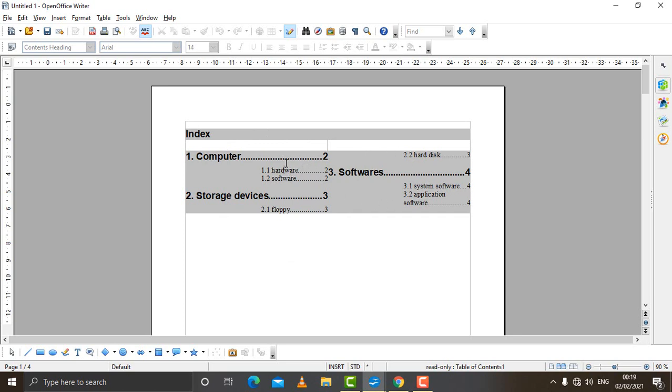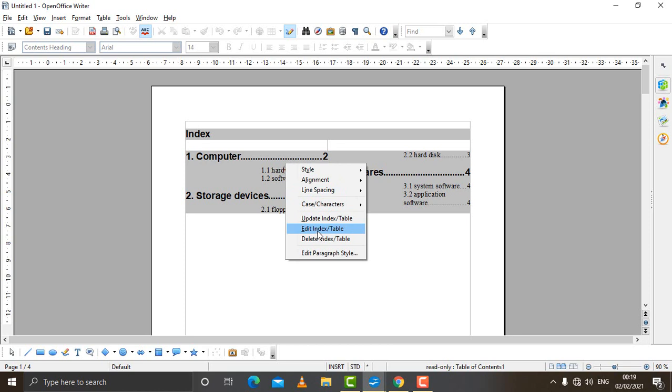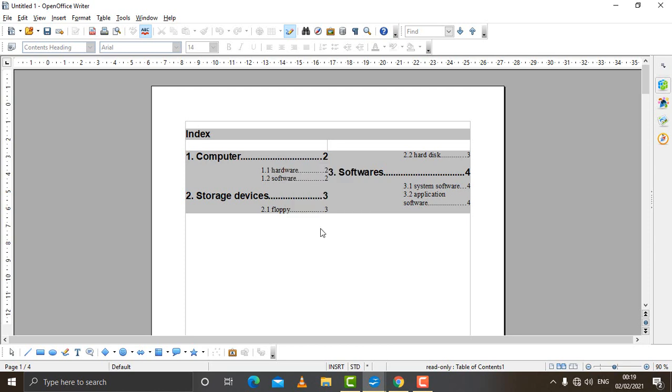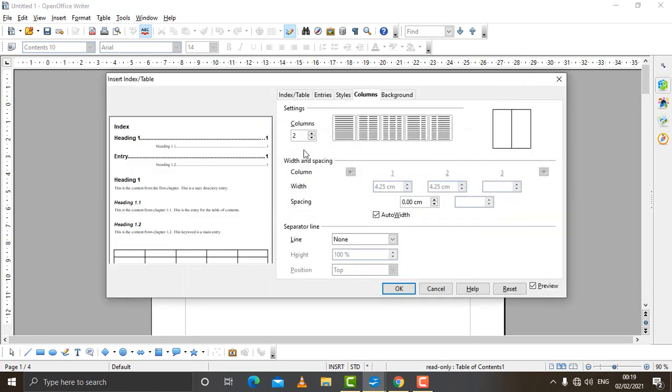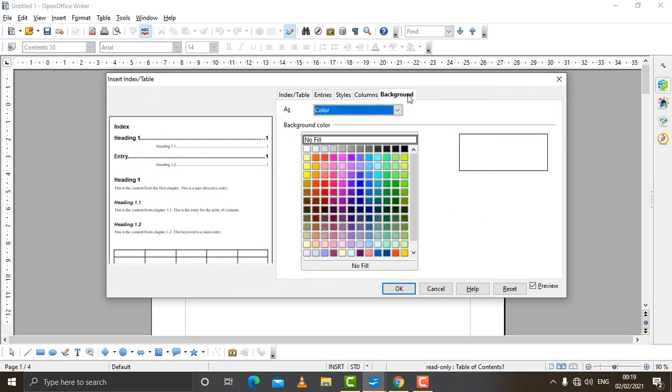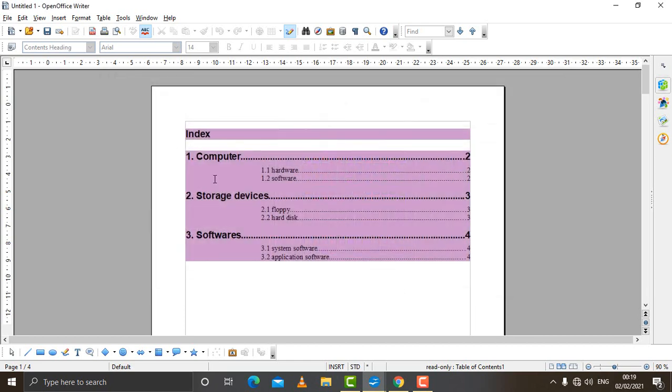So whichever way you like to display the index, you can make it by right clicking and clicking on index and table option, and you can change the number of columns. Then again, background is here. You can give any color to the background of your index. Click on any color, click on OK. That will be applied to the index of your page.